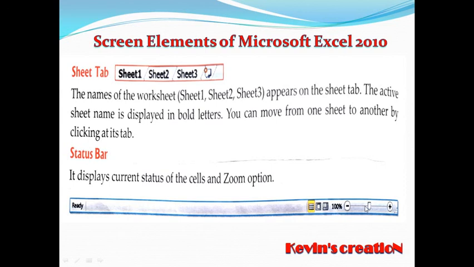Okay, so this you can take this side also and the right side also. On the right side you have got the plus, that means it will be enlarged, and it will be decreased if you click this or if you take that cursor this side. So the percentage will be reduced, and here the percentage will increase. That means you want to see it in a bigger form or smaller form.